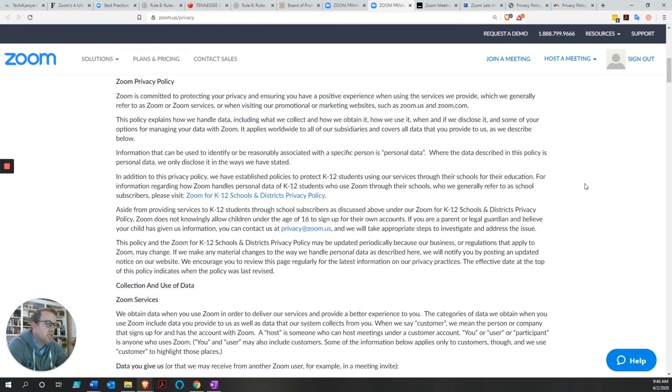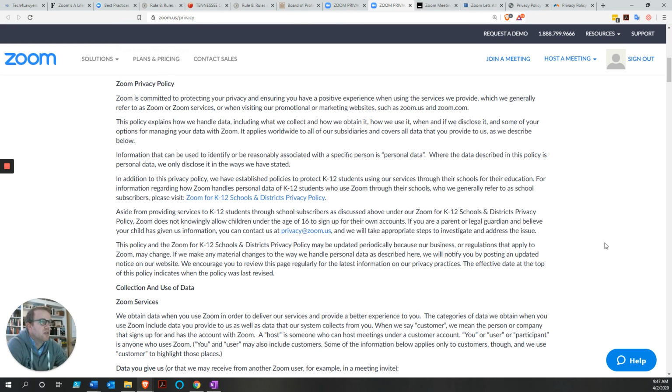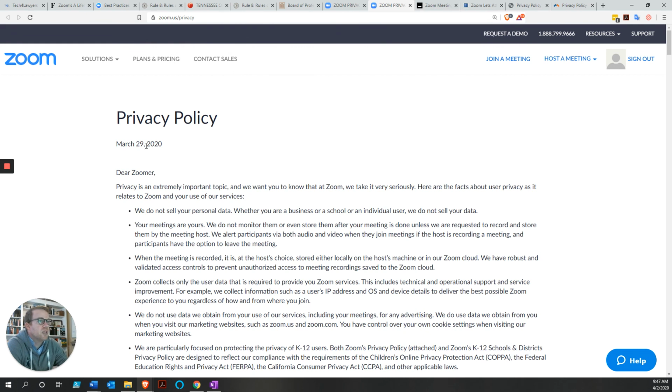So if I saw a major change in the privacy policy, or more importantly, if I saw a very recent date for a privacy policy, that's going to make me look at what it said the other day. This is why we look at the Zoom privacy policy previously. Actually, one of the main reasons that I had this was because they actually changed their privacy policy in the middle of me doing this video. So that was interesting. So they start off with they don't sell your personal data.